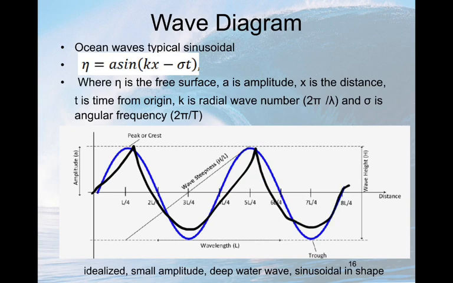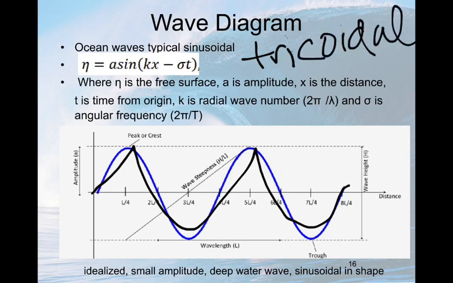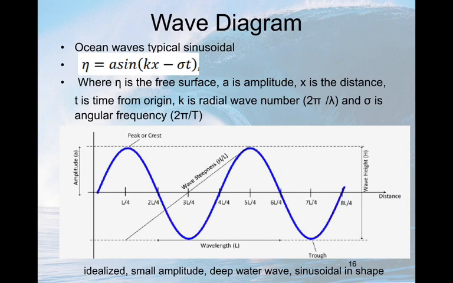It's trochoidal in shape, and that's those pointed ones. We'll talk about that again as we go on. And this formula, which has a lot going on here, where n is free surface area, A, or sometimes it's